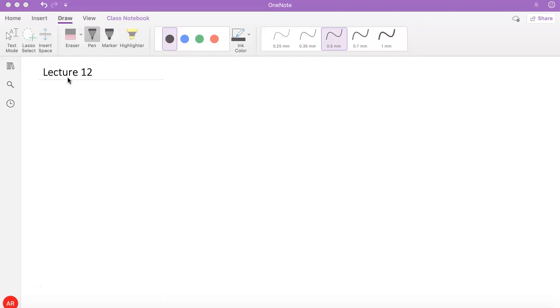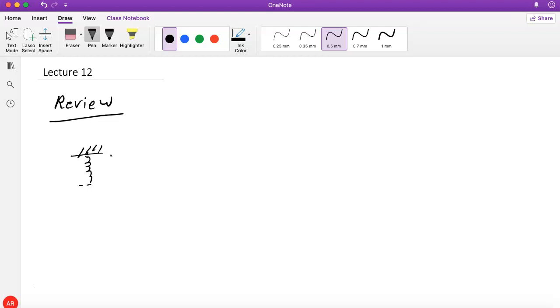Let's get started with lecture 12. So last time we talked mainly about vertical oscillations, and basically what we found was that if you attach a mass to a vertical spring, the only thing that's different from a horizontal spring is that the equilibrium position gets shifted down by a length